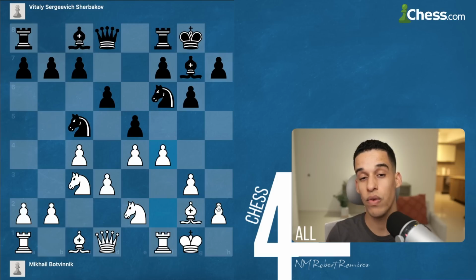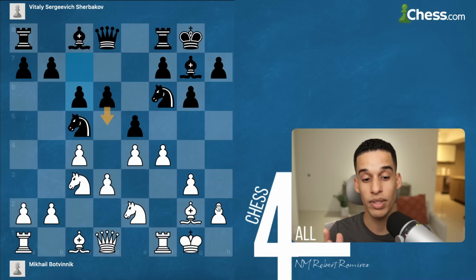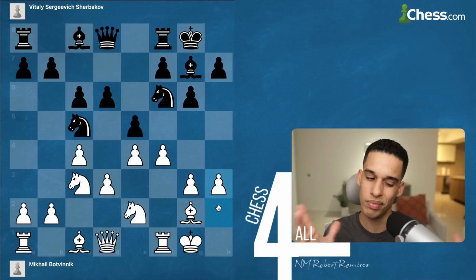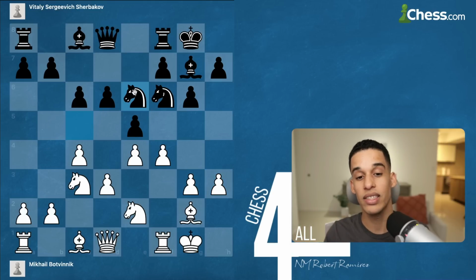So he decided to do f4. His opponent went c6, trying to open up the center. If you're being attacked on the flank, you need to open up the center. So c6, then h3, you see he did it later. Move order, not a big deal. And after knight e6, we got